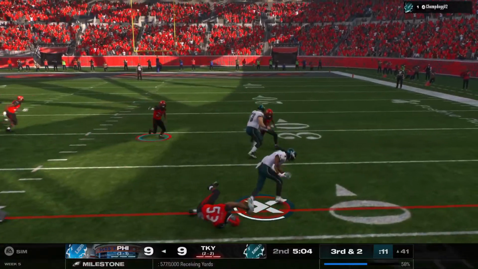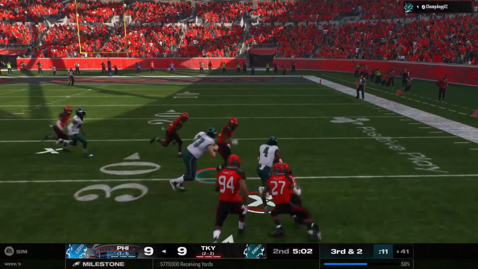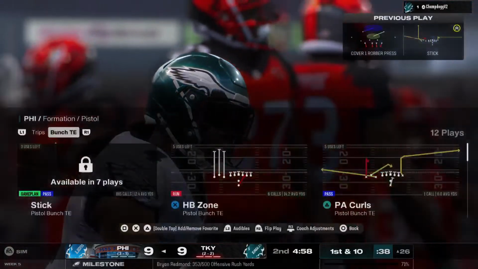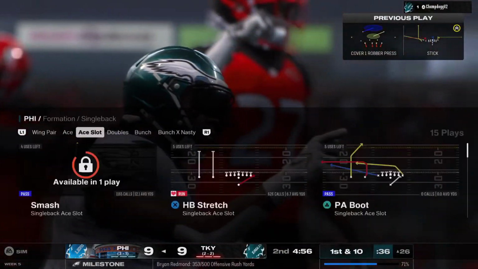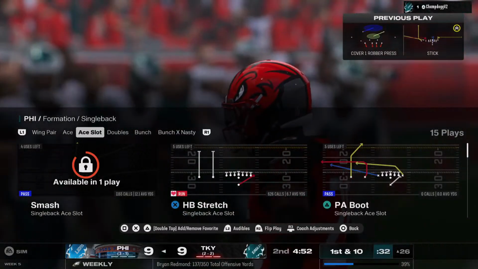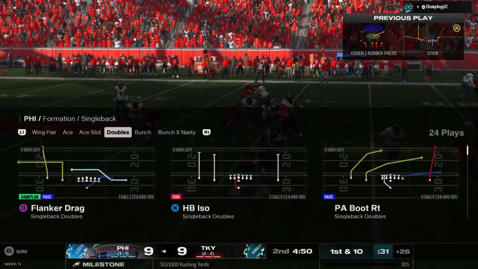Try to pick this one up on the ground. They get 15 on that game. First down, Philadelphia. There's a big conversation going on right now around the NFL about what is the true value